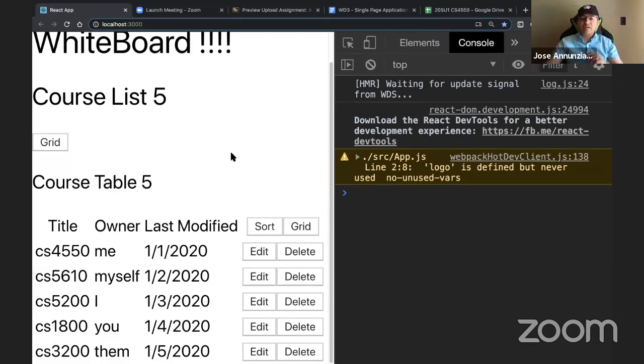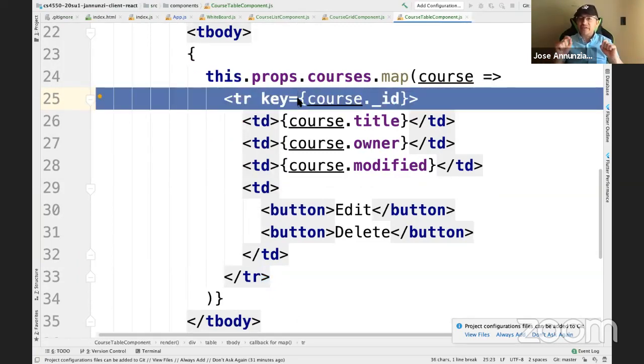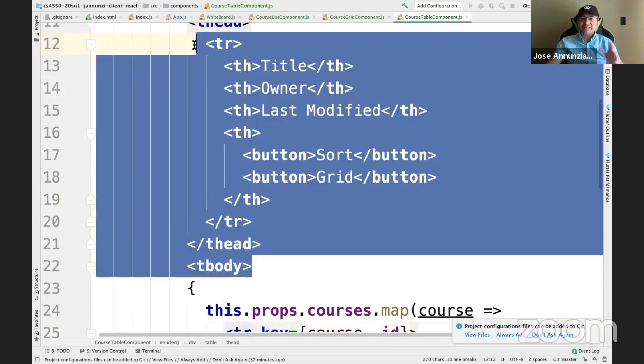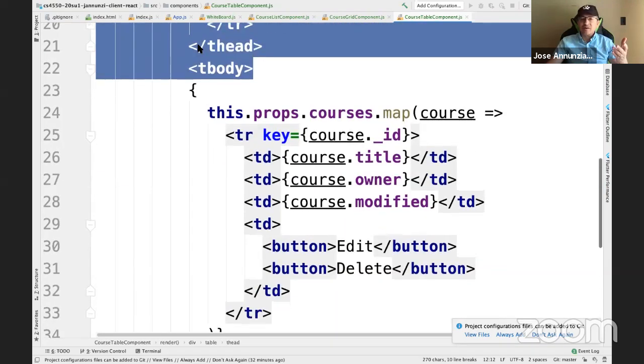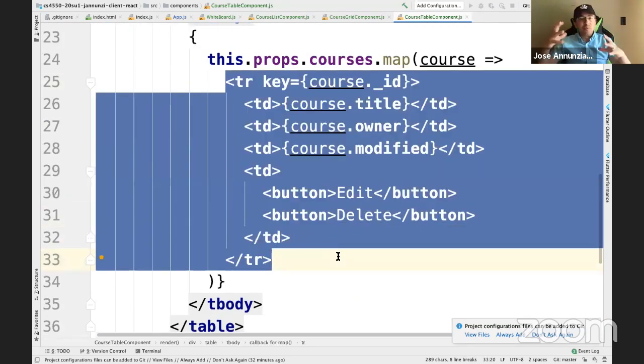The reason it was giving you that error message, insisting on us uniquely identifying our elements, is that React.js tries to do some optimization when it renders all this content dynamically into the DOM. It keeps track of all the elements that it generates. It says, I generated that TR. It's not static content like over here. All this over here is static. React.js didn't dynamically generate this. These are elements that were there already. Whereas this, it needs to be able to know,